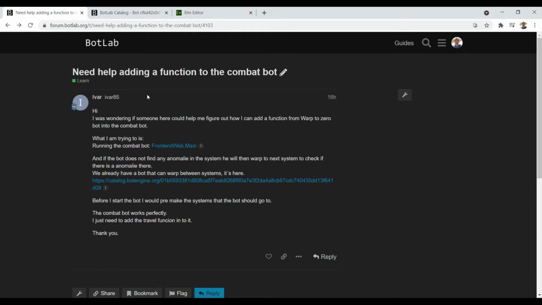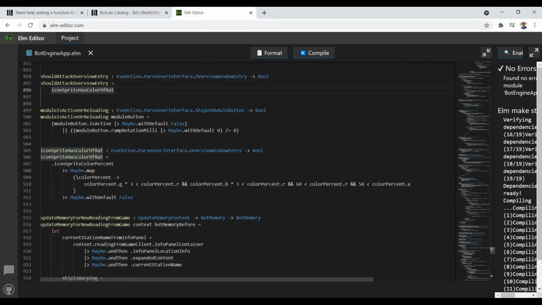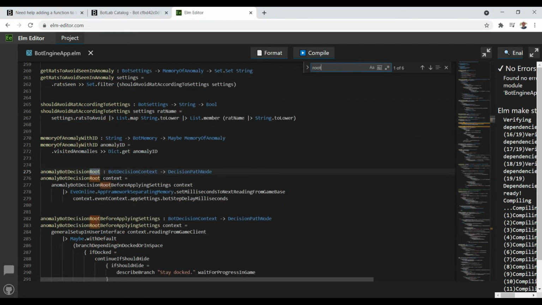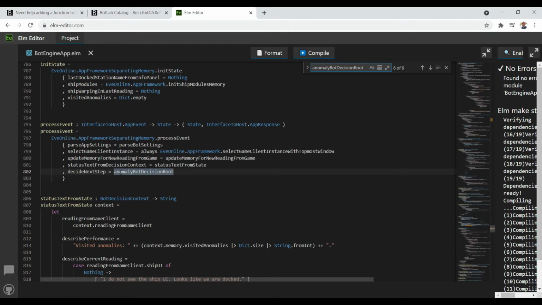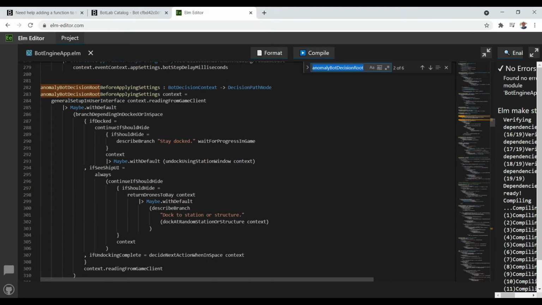When we look into the guides on this framework for EVE Online, we find the entry point. This is the function that defines all of the bot's behavior, and one way to search for the right place to insert would be starting from here. So here we branch depending on whether we are docked or not.